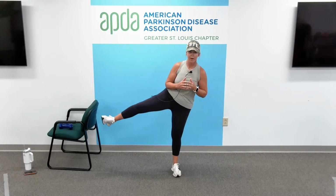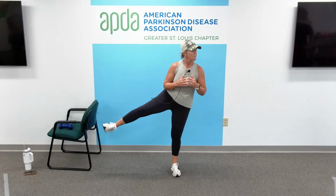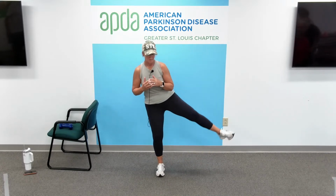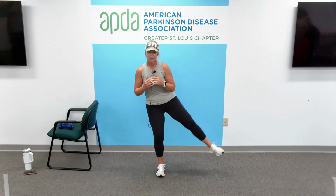Stick with me, keeping that leg straight, whether we're going out to the side or those of you seated, if you're going straight up. Halfway in. Working a little bit of that hip mobility too as we bring those legs up. Over halfway here. Let's go 4 more. Keep it slow. Work that balance. 3, 2,